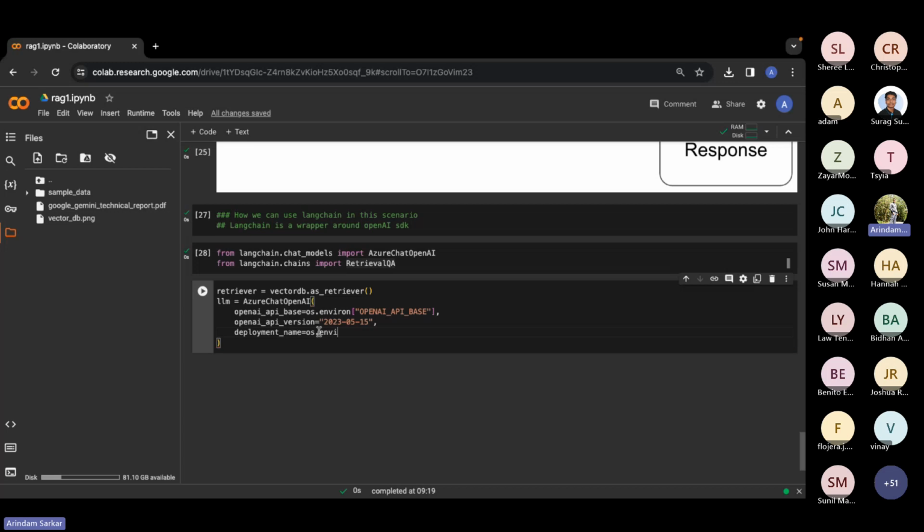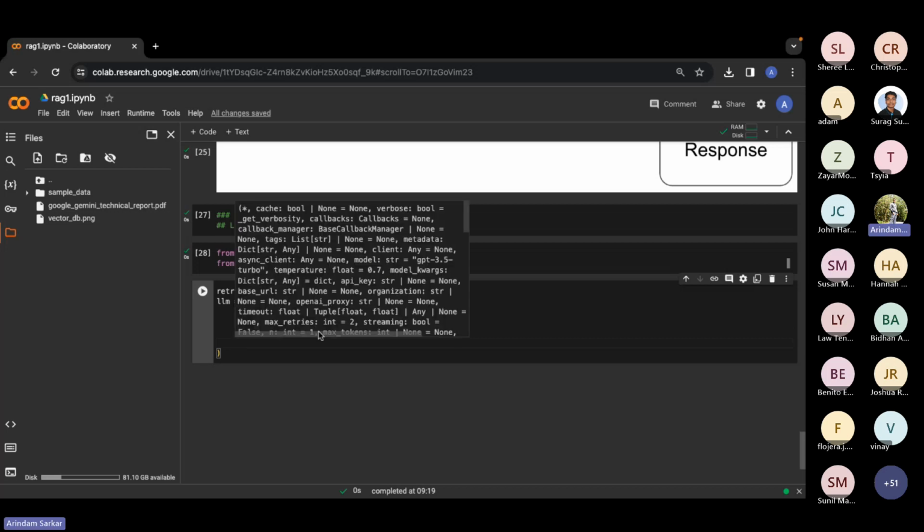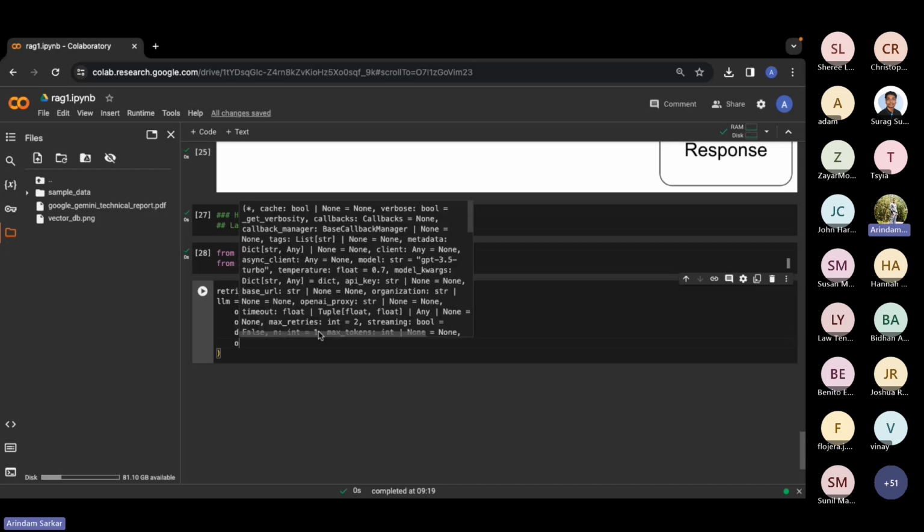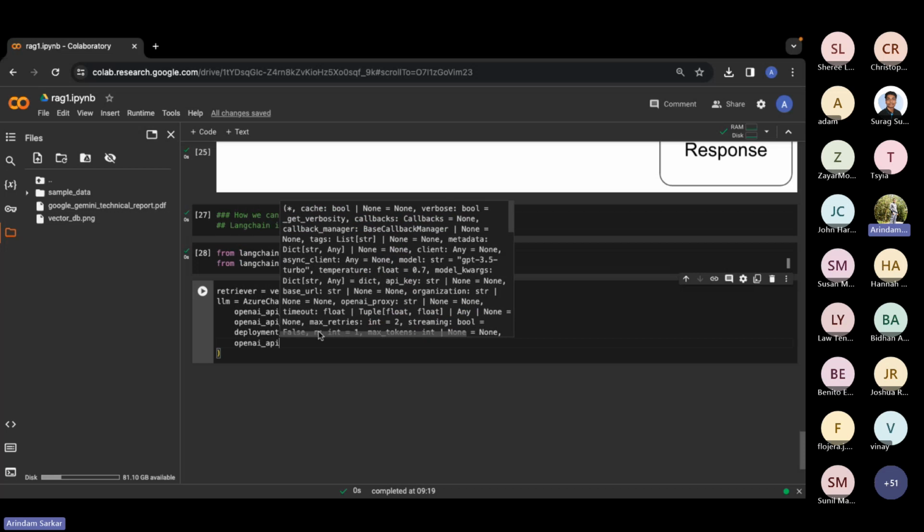And also, as I explained yesterday, we need to create one environment variable where we will store all these credentials. So that is also one aspect of it. Just remember that.